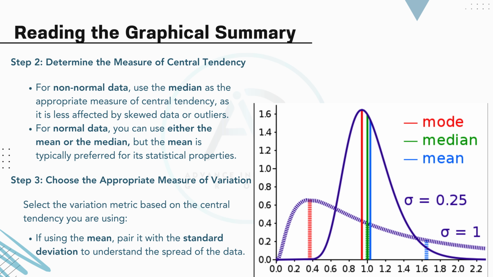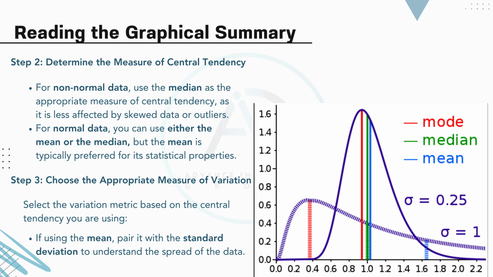If the data is normally distributed, you can use either the mean or the median. However, the mean is generally preferred in this case because of its strong statistical properties in normally distributed datasets. Step 3. Choose the appropriate measure of variation. Once you've selected your measure of central tendency, choose a suitable metric for variation. If you're using the mean, it should be paired with the standard deviation to understand how spread out the data